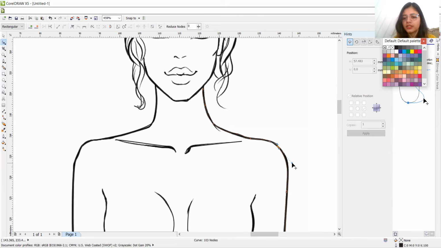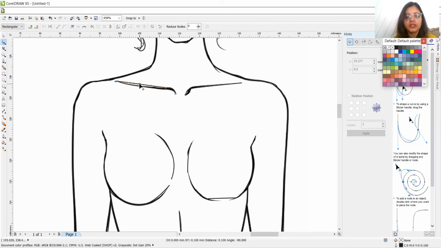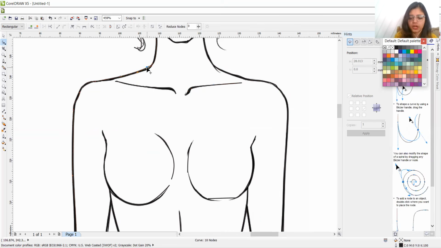You can also use the arrows of different notches wherever it is needed. Then here's some space in this collarbone. Let's just add a notch and move it here. So this is how we have to shape and adjust each and every notch that is going out of our illustration or whatever we are making.